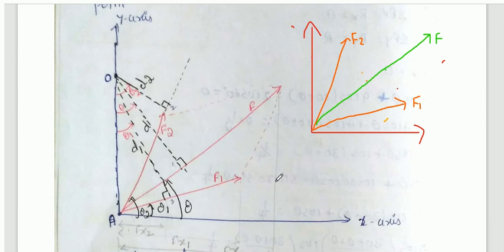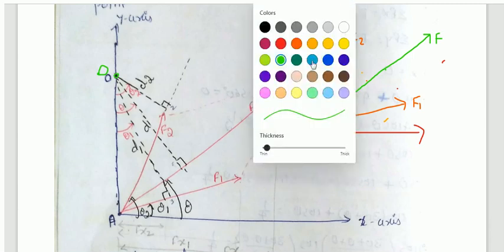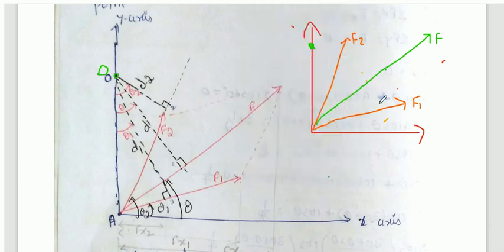Now if you want to calculate the moment, we need the perpendicular distance. So let us consider any one point on the y-axis. You can observe, point O I have considered here, that is on the y-axis. Now from the forces, what is the perpendicular distance to that point? You just draw the construction lines. From the F1 force, you need to draw the perpendicular line. That is, from F1, the perpendicular distance is D1.